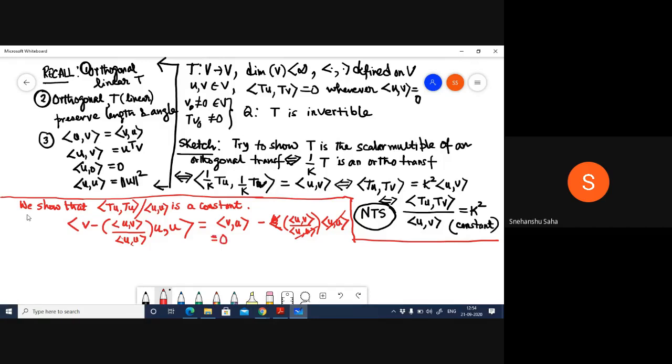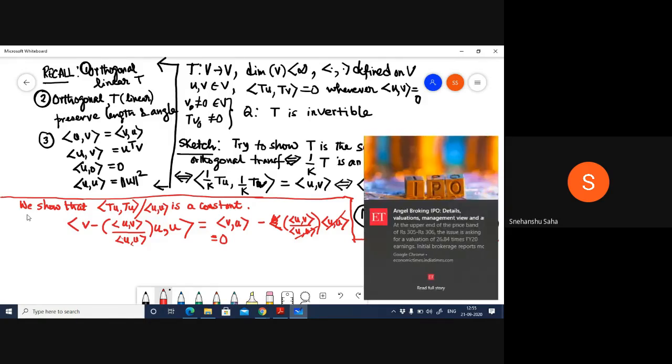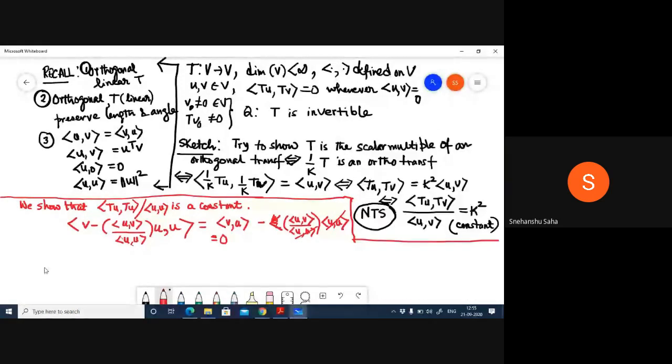Okay, all right, good. What I also want to do is that please go back to the statement of the problem, which says that if the inner product of two vectors is defined to be 0, and then you apply a linear transformation on them, then that new inner product, which contains the linear transformation, also turns out to be 0. This is given to us, right? So we are now going to use it. So how do we use it?